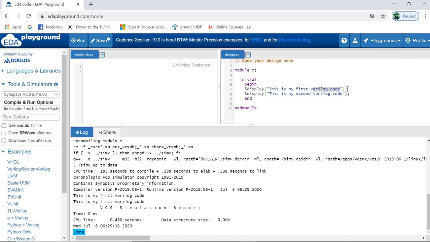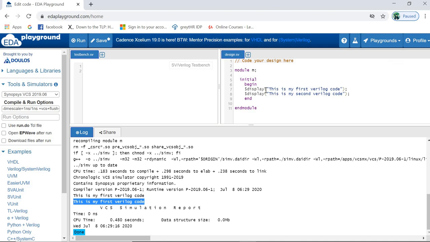So what I'm trying to say is, if I'm displaying the first line, $display will automatically add one new line character, and whatever we display next will get displayed on the next line, because once it has added a new line character, the pointer will be here and it will display the things here.